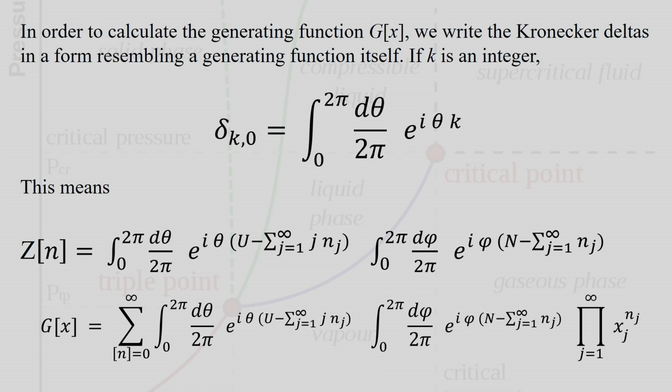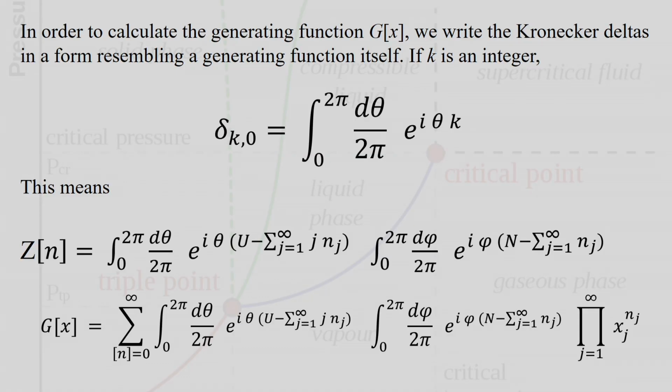So, there is a clever trick to do that, and that is to invoke what is called the integral representation of the Kronecker delta. So, I want to convince you that this is nothing but the Kronecker delta. So, if I perform this integration and if k is an integer here, then this is equal to precisely the Kronecker delta. And why is that? So, suppose k was not 0 and you perform this integration, what is this going to look like? So, imagine that k was not 0,